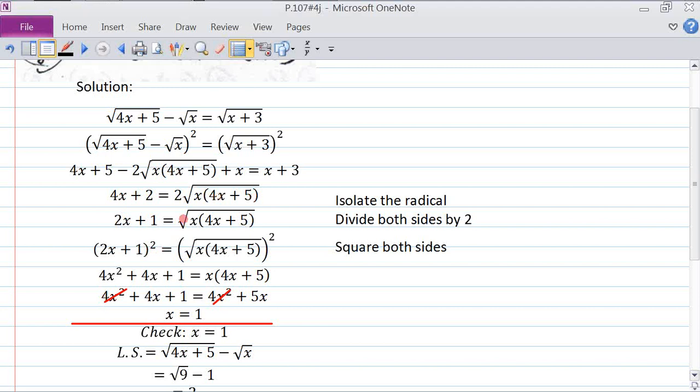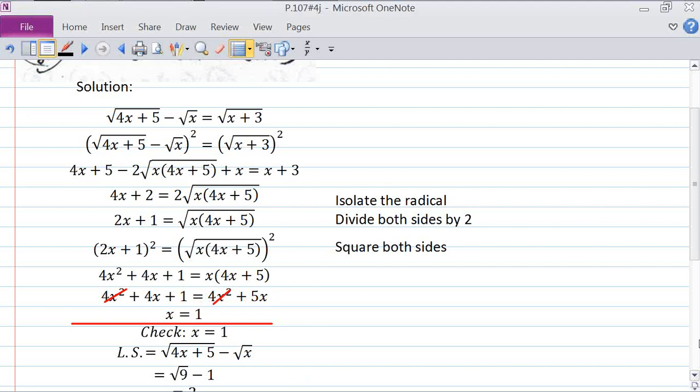Divide both sides through by 2. So 2 into this gives me 2x plus 1. The 2 here cancels, and I'm just left with what's under the root sign. So now I square the left side, and I square the right side. And 2x plus 1 times 2x plus 1 gives me 4x squared plus 4x plus 1. And this squared here gives me that. And x times 4x is 4x squared, and x times plus 5 is 5x. So now you can see these two terms will cancel. And I'm going to be left with,